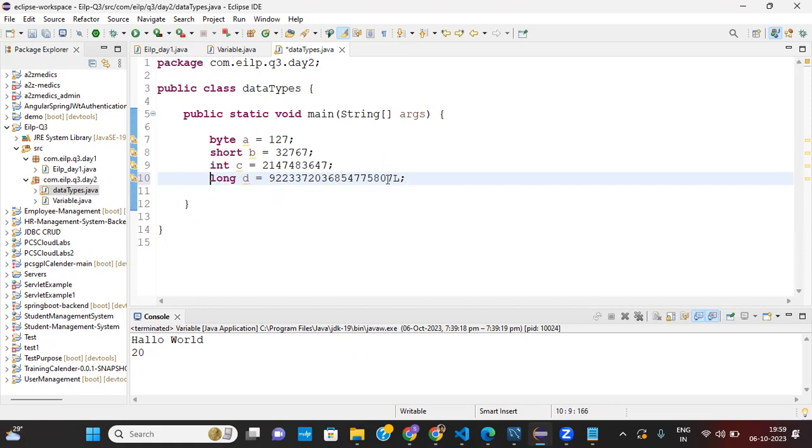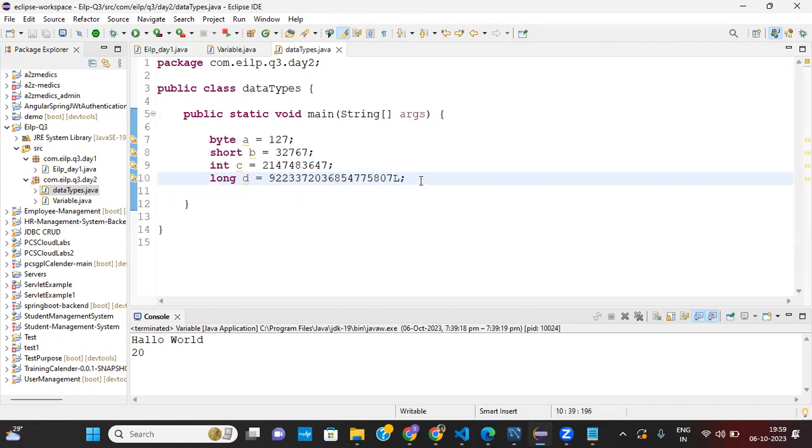You will see this in float also: when we declare a float value, we need to give f at the end of our value. That makes it a float. If I give 7 7, it will give me an error because it exceeds the range. So remember this syntax: for long, we need to specify a capital L at the end of the value.